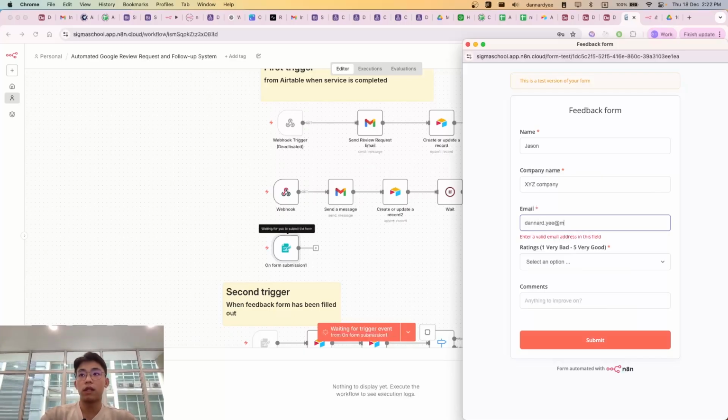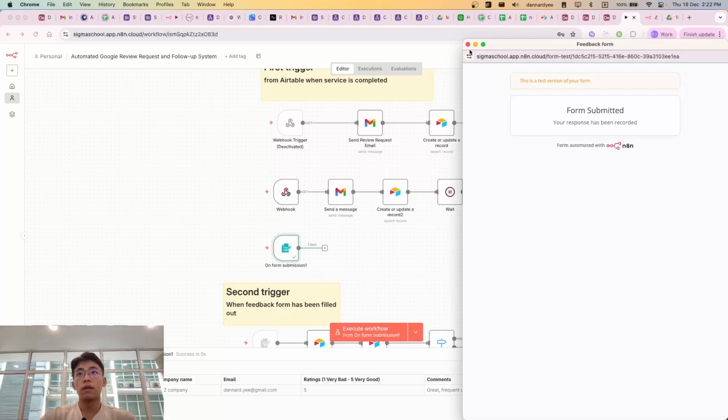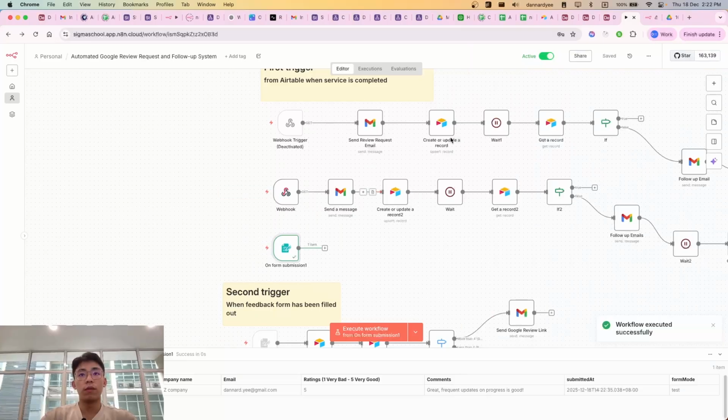So in this case, we're going to be using this email. 5, great. Plus on progress. That's good, something like that. So once the form is submitted, after they filled up this form from the email, you then start the